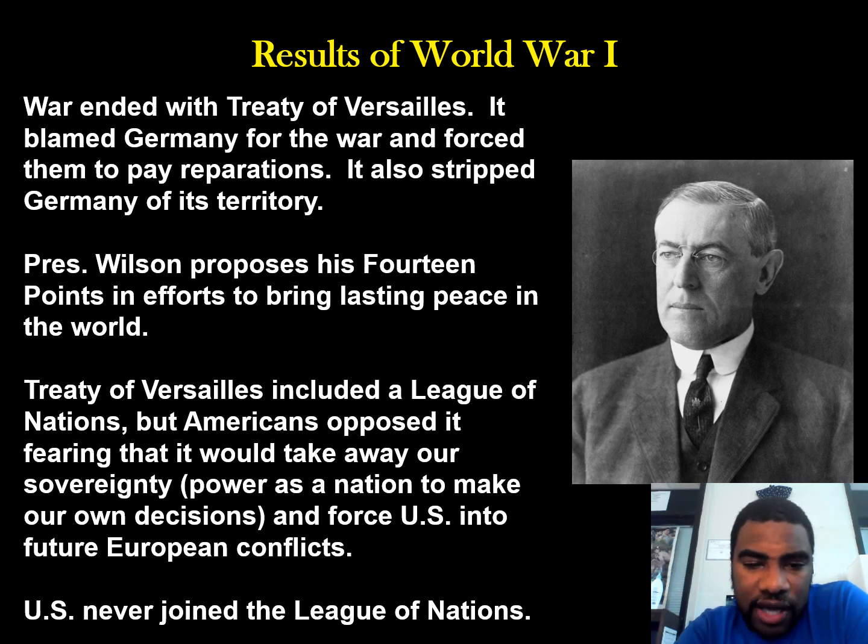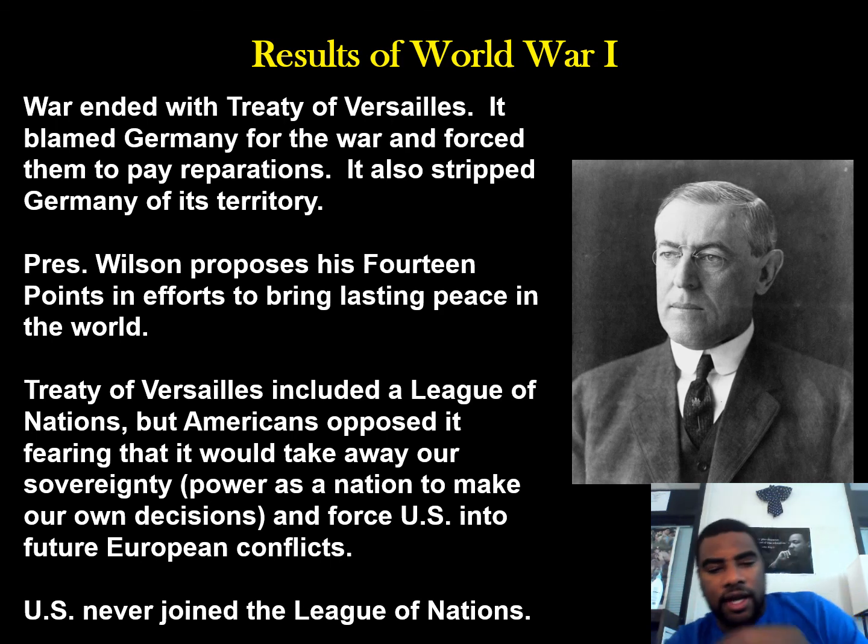The Treaty of Versailles included a League of Nations, but America was opposed to it, fearing that it would take away our sovereignty, our power as a nation to make our own decisions. And it forced the U.S. into future European conflicts. The U.S. never ended up joining the League of Nations, which was quite a shame because it was a great